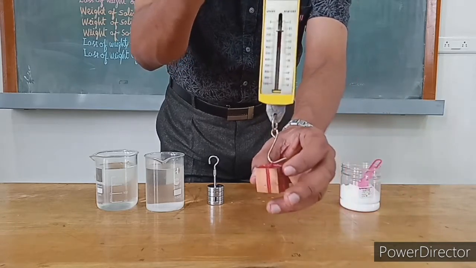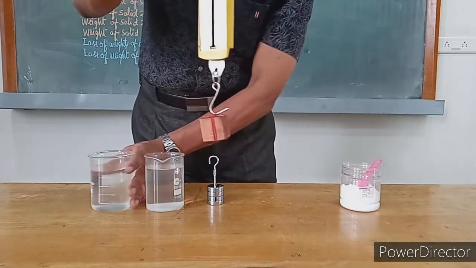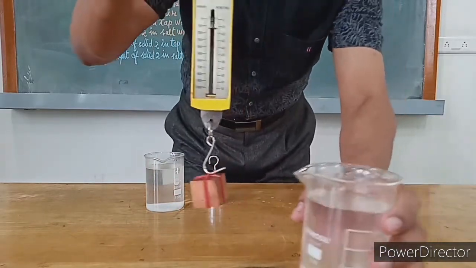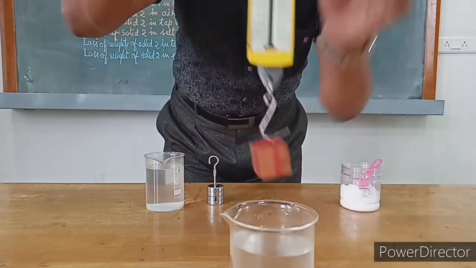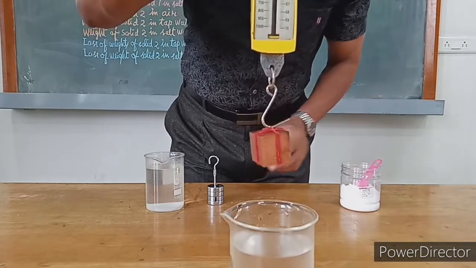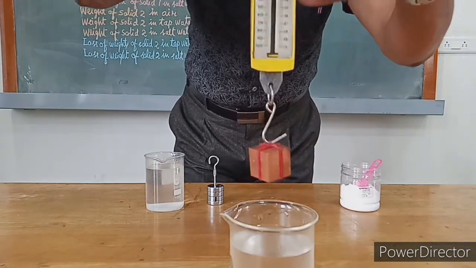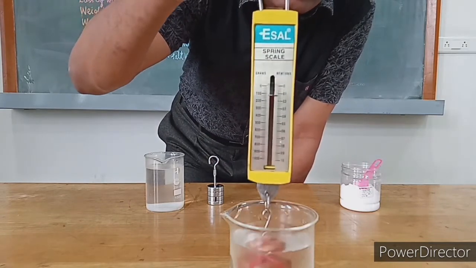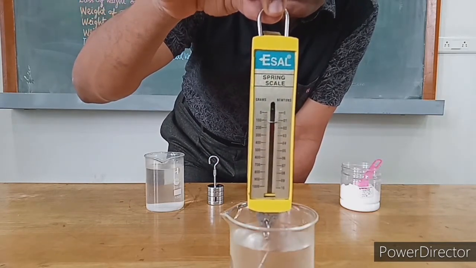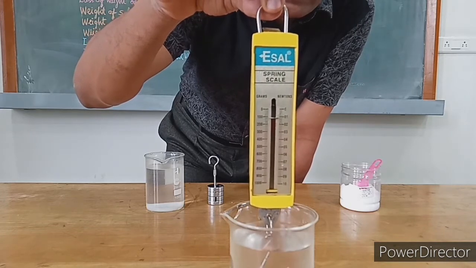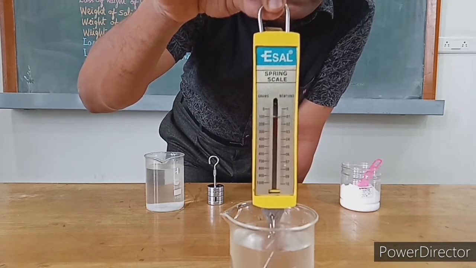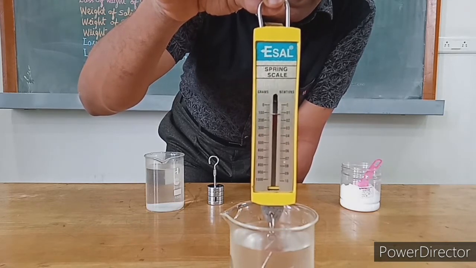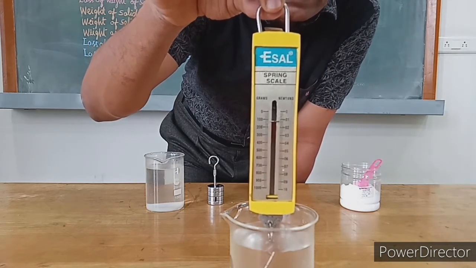Now I will take the first given liquid, namely tap water. So this is tap water. I am going to immerse this object in the tap water. When I immerse this in the tap water, what will happen? There will be loss of weight. You can see on the left side scale in grams, now it is 120 gram weight. So it corresponds to 1.2 Newton. Have you understood, students?